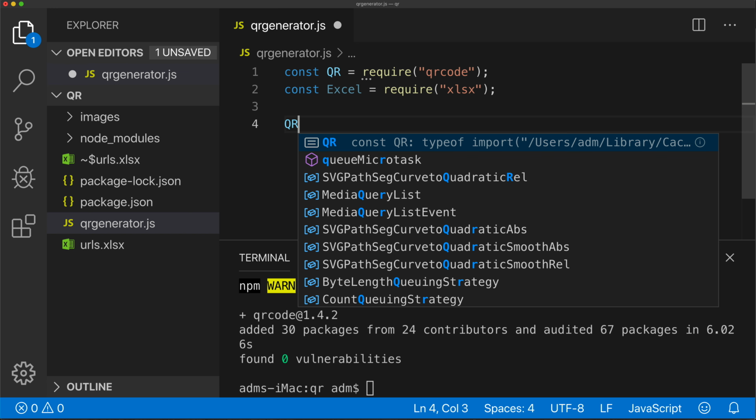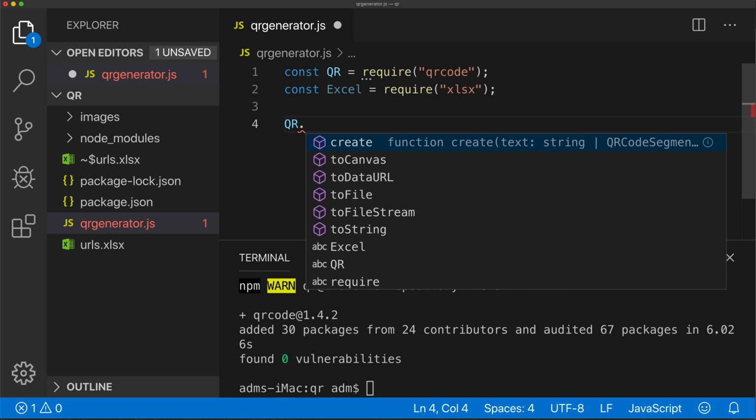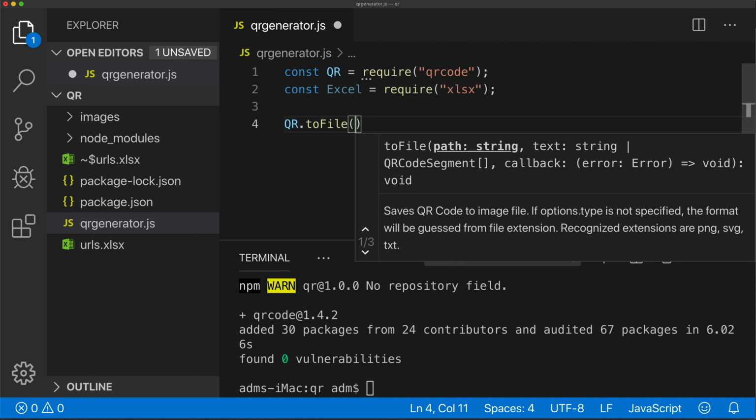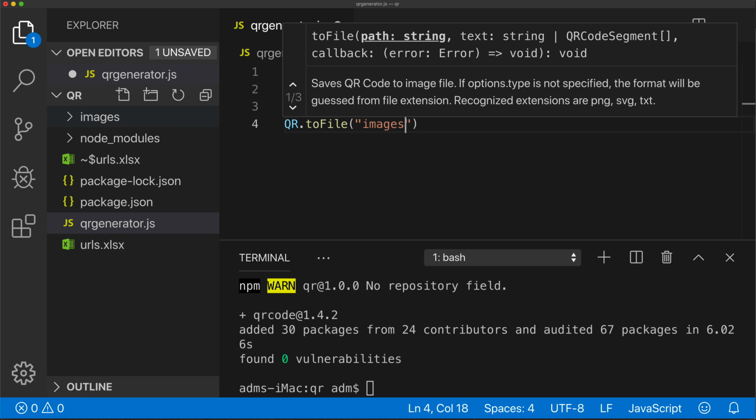So if I do qr dot, see, it will give us different methods. And one of those is toFile, and that's what we're going to use. So I'm going to do toFile, open parentheses. And the first thing we have to do is the path string. What that path string means is the folder where it needs to go and the image name. So the folder we named images right here. So in quotes, we're going to type images. That's the folder name. And then put the slash. And for now, we'll just put some image name. I'll just say test.png. That's going to be in PNG format,